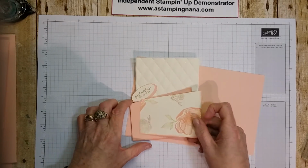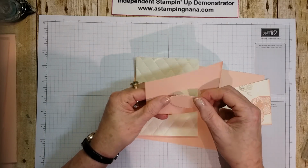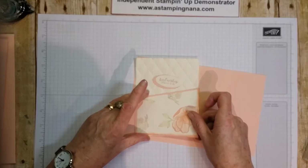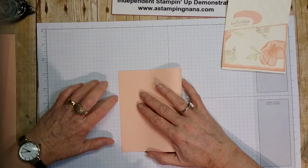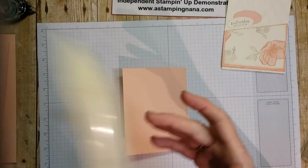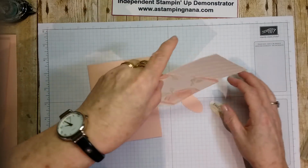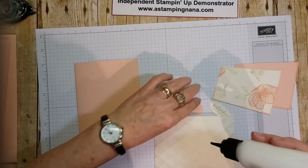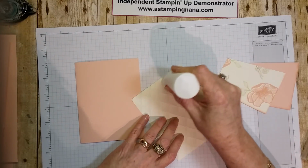All right, so this is one of the diagonal ones. I use this to cut out the little scalloped ovals. And then it's going to be covered, so you're not going to see that. So why waste paper? So let's start with this one. Fold it at 4 1/4 and burnish your card. All right. And then what I'm going to do is I'm going to glue. So this will be card number 1